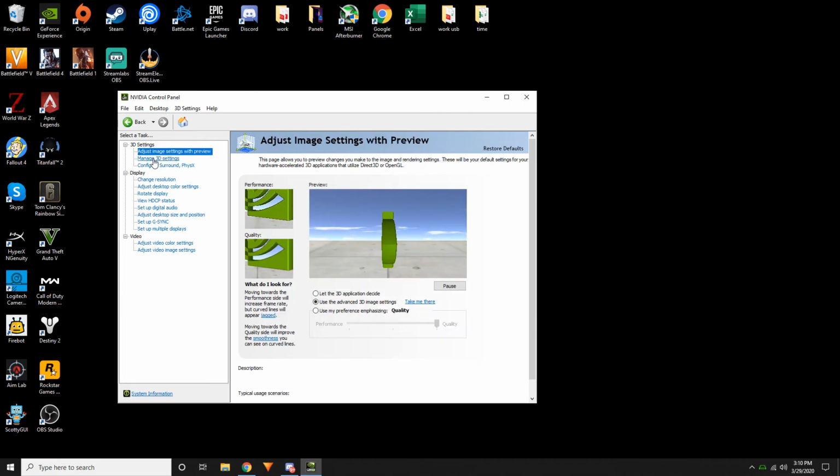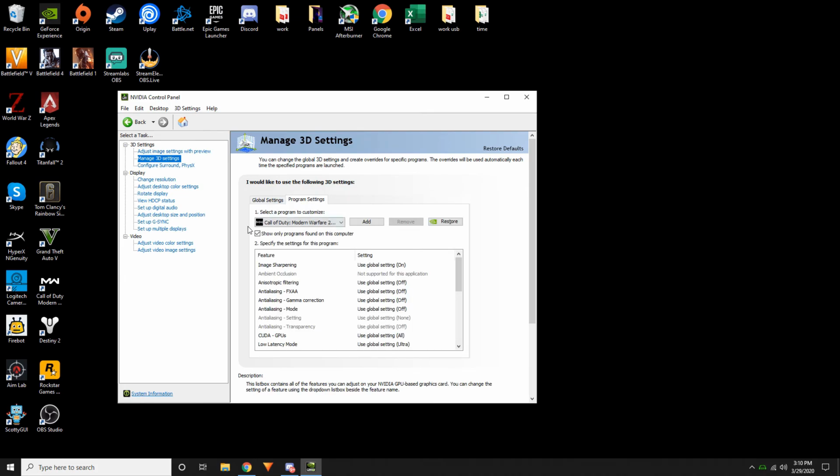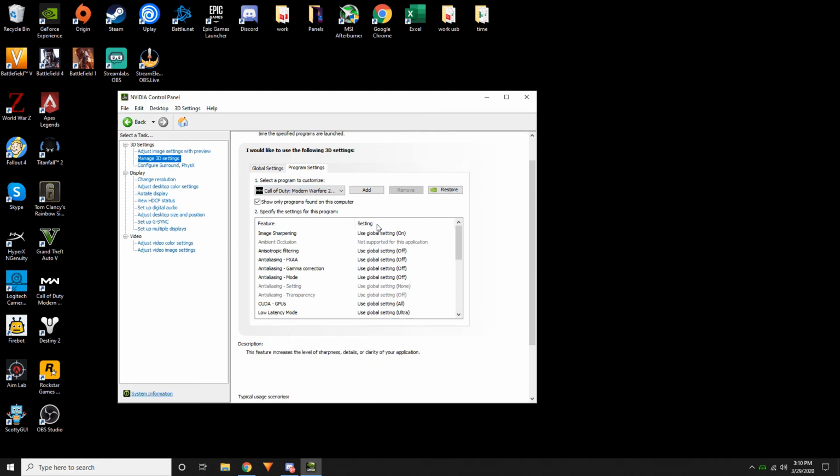Just go down to Manage 3D settings. Go to program settings. You see Call of Duty Modern Warfare. These are the settings that I found work best for me. I know everyone's different and has different preferences. This is my preference. Image sharpening on, off, FXAA off, gamma correction off, anti-aliasing off,